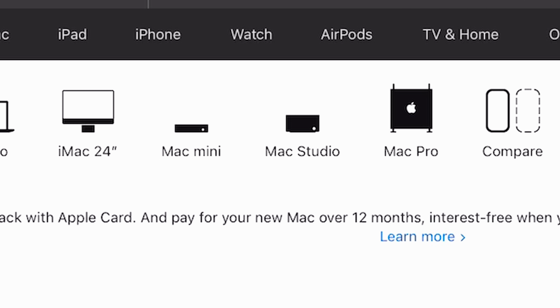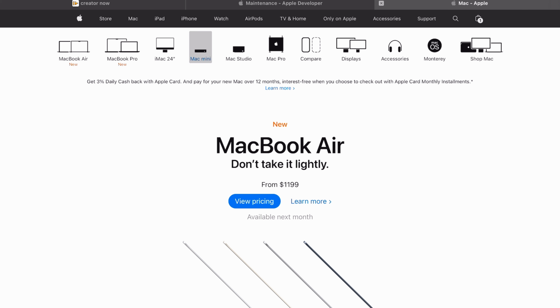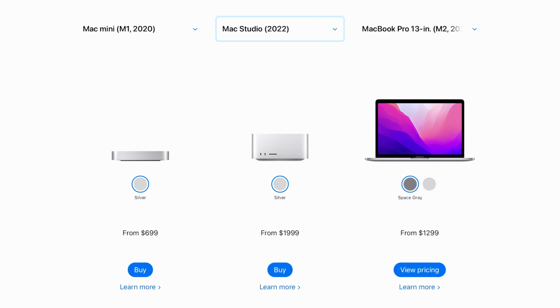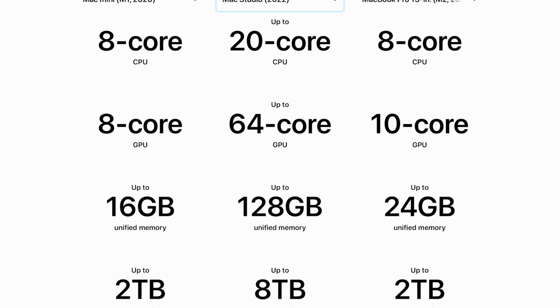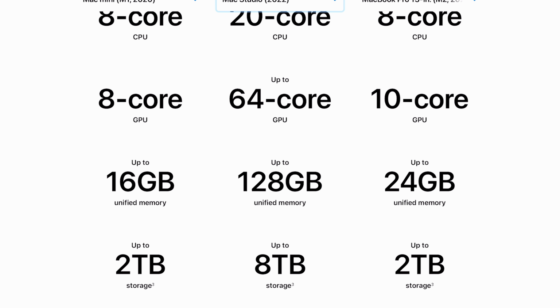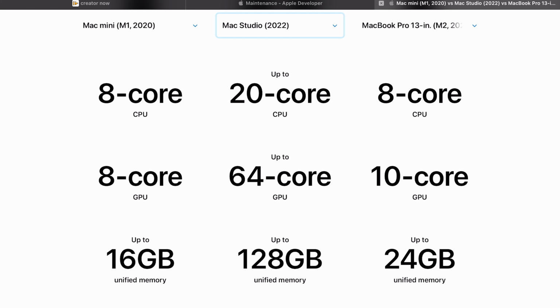Now, desktops right now I don't think are too bad. You have the iMac 24-inch, Mac Mini, a Mac Studio, and a Mac Pro. Now you may say, well, Michael, the Mac Mini and Mac Studio are kind of similar looking devices, right? But there's a clear line in the sand. You're talking about a $700 computer compared to a $2,000 one. You have a vastly different level of compute power that you can upgrade it to. They're made for completely different people, and it is very clear that that is so. The new MacBook Air and the new MacBook Pro,